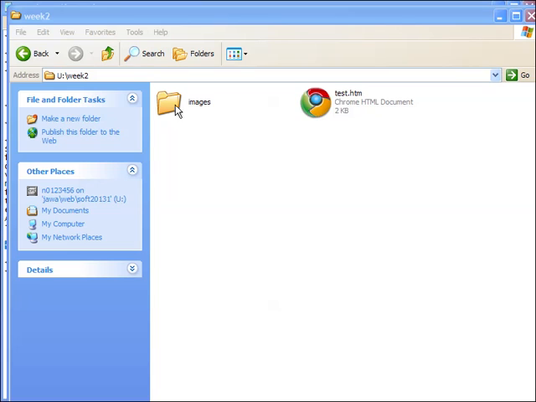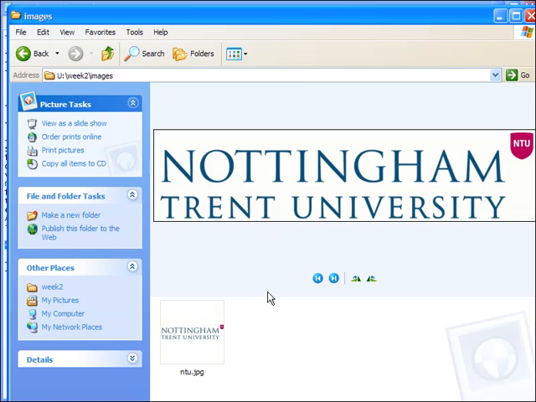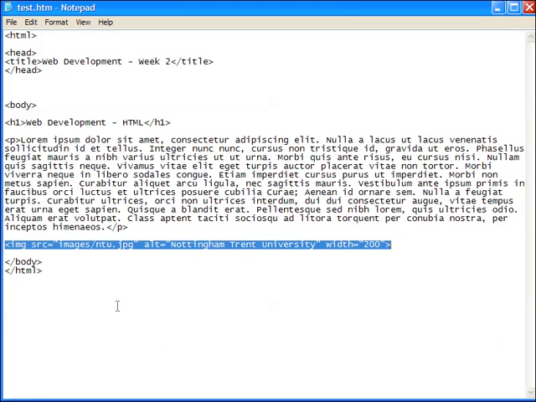To do that, here I've created a subfolder called images in my main folder, and I can put all my pictures and everything in that subfolder. The best formats of picture that you can use should be JPEG, PNG, and GIF. Let's work with JPEG. I've already downloaded this picture and I'll copy that one into my